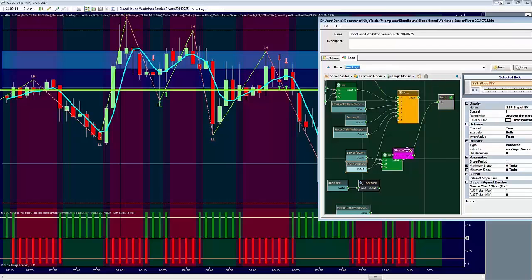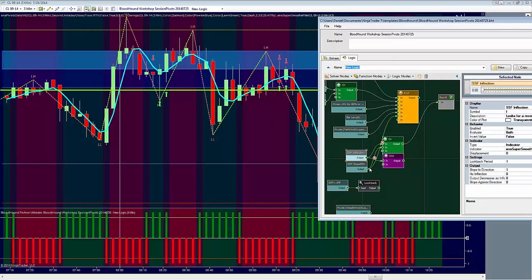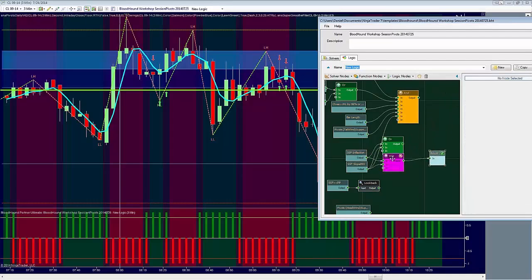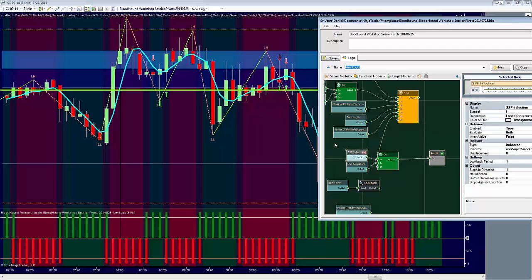If I used an XOR, I'm just kind of talking to myself now. Let me think about this for a second. Yeah, in that case, it's the same thing. All right. So what we're doing, all we're doing is we're allowing for the super smoother inflection by using this